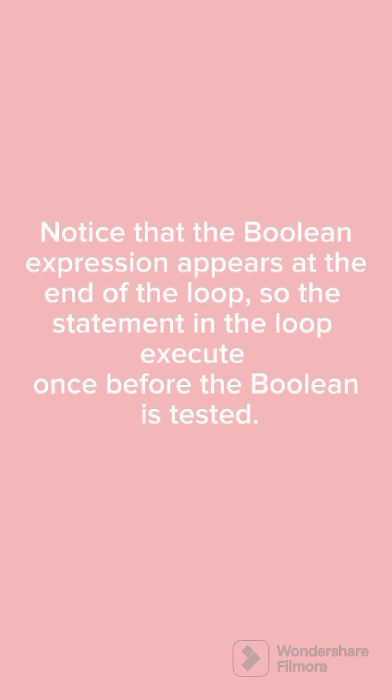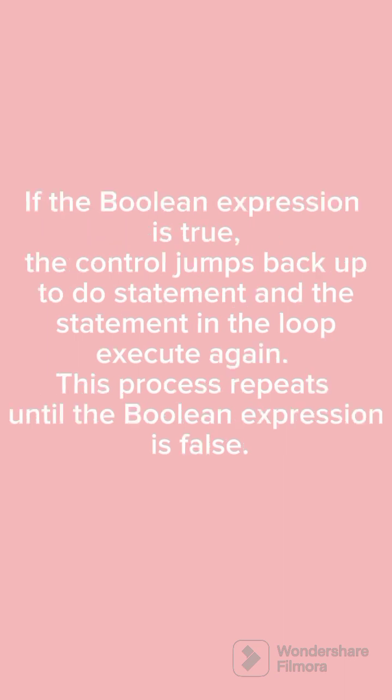Notice that the Boolean expression appears at the end of the loop, so the statement in the loop executes once before the Boolean is tested. If the Boolean expression is true, the control jumps back up to the do statement, and the statement in the loop executes again. This process repeats until the Boolean expression is false. Example: